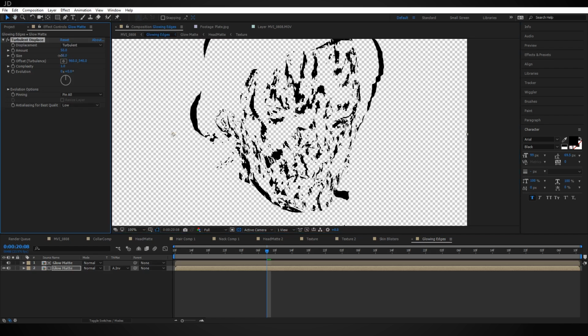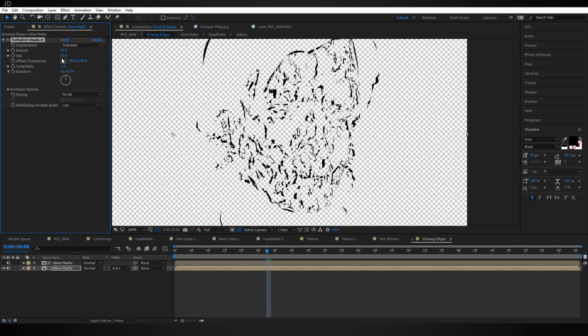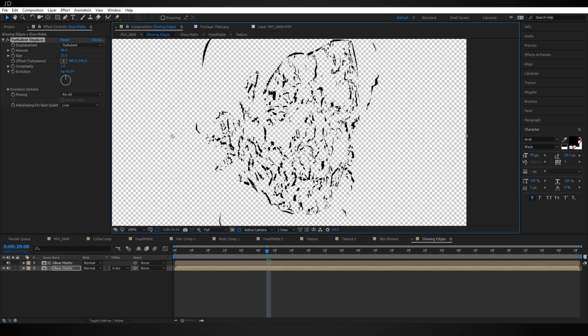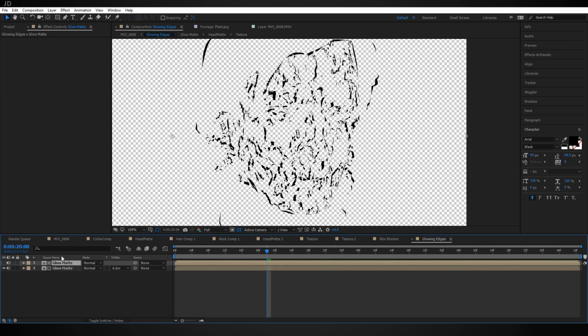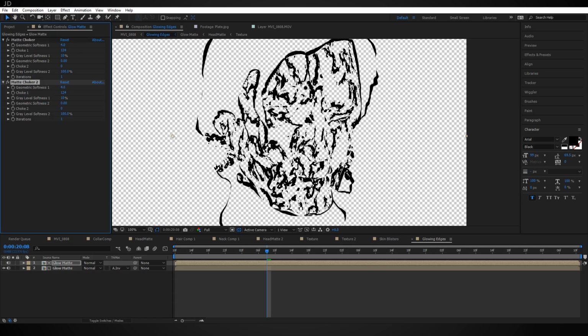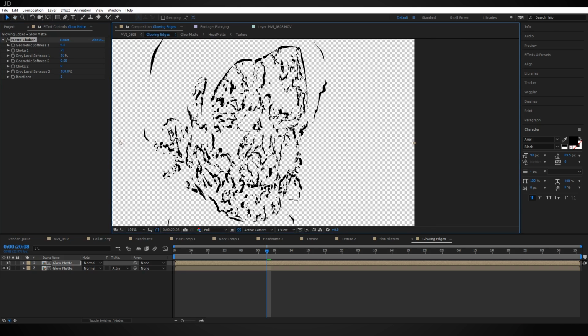So I want to turn the size down just a touch, maybe about 20 should be good, and then play with the amount until you have some edges that you think look pretty cool. Now, a small tip I'll give you is that if you think that these edges aren't thick enough and you want them to show up even more than they already are, go to your top copy of Glow Matte and add a matte choker effect to it. Now, you can turn the choke up all the way to 127, and if you need it to go beyond that, you can just duplicate the matte choker effect. However, I think its default 75 on the top copy gives some nice thick edges